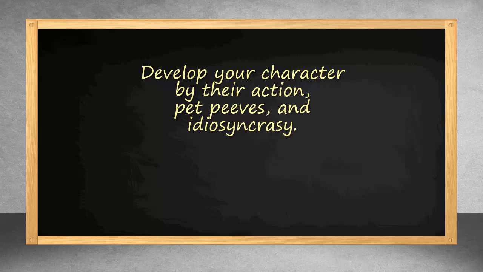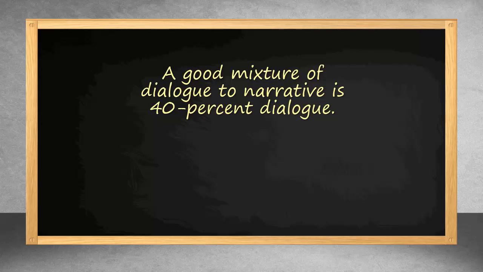And last of all, students often ask how much dialogue should be in my story. Should it be mostly narrative and a little dialogue, or vice versa? Because your story should be a mixture of dialogue, narrative, and description. And like spice on your salad, you want to mix that up until it's just right. And it doesn't always have to be the same mixture. But I went through several novels that I liked and used a highlighter to highlight all of the dialogue, and I compared it with a narrative, and it seems that the novels that I like typically are around 40% of dialogue compared to the narrative and description. So I think that's a good ratio.